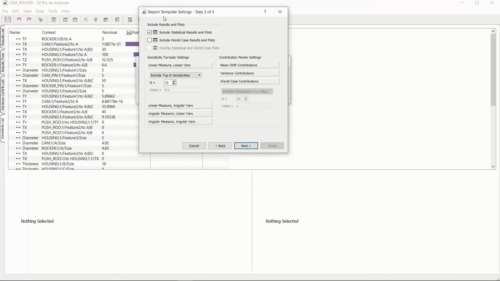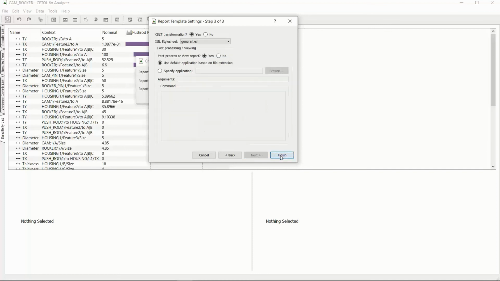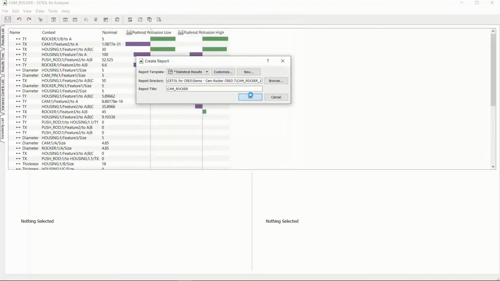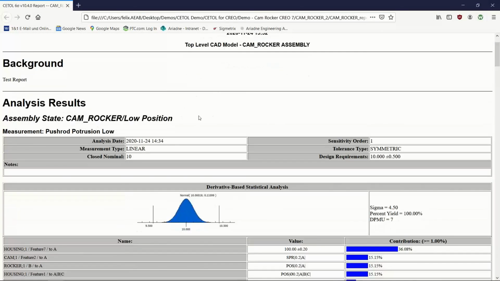I can choose what I want to include, if you just want to look at the statistical results, or also include worst case, sensitivities, contributors, and then at the end, if I'm happy, we can generate, in this case, the HTML file, but we could also do it as a